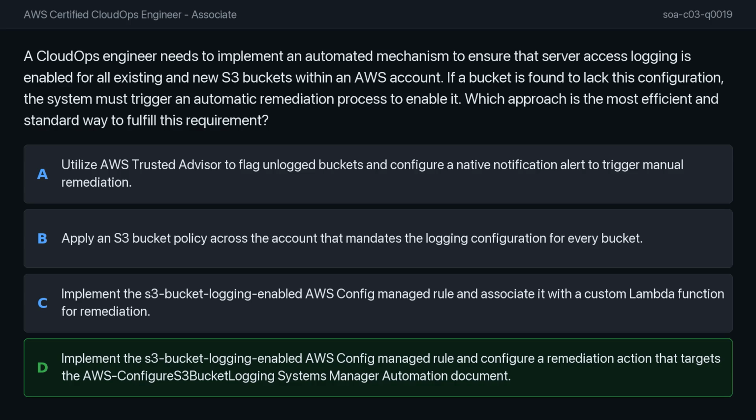AWS Config is the standard tool for monitoring resource configuration states. By using the managed rule specifically designed for S3 logging, the system identifies non-compliant buckets. Linking this to an AWS Systems Manager automation document allows for native automated remediation. This approach is preferred because it utilizes a pre-built managed solution rather than requiring the development and maintenance of custom